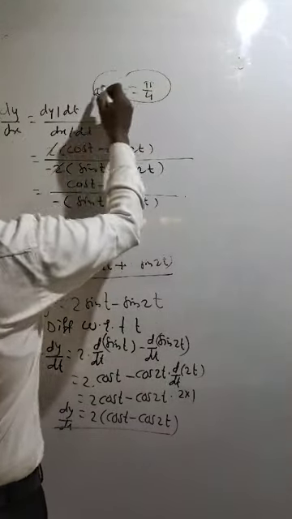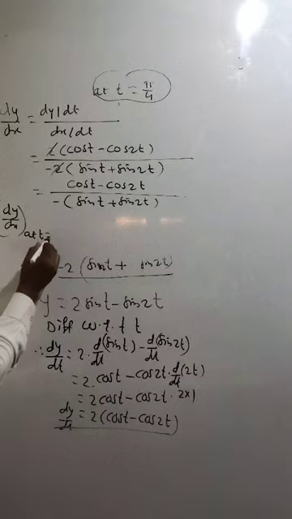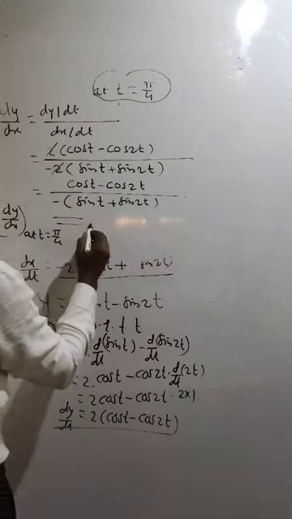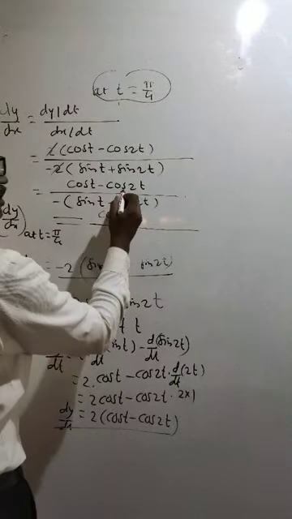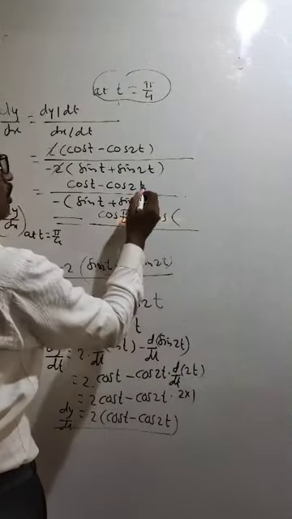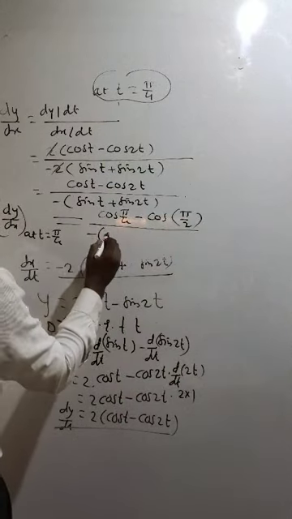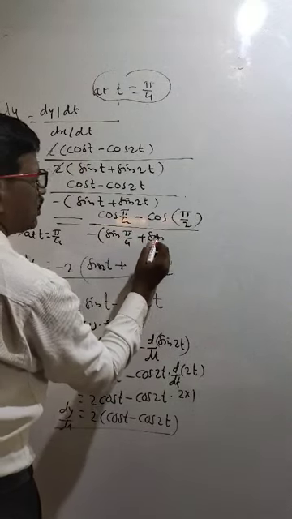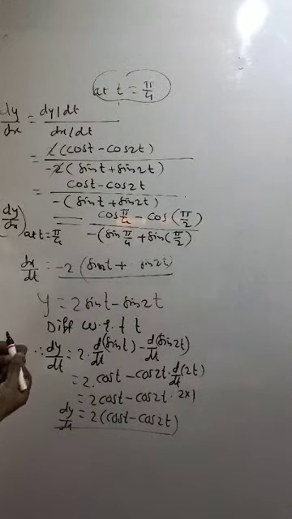Now we have to find dy by dx at t equal to pi by 4. Therefore dy by dx at t equal to pi by 4 equal to, put t equal to pi by 4, cos pi by 4 minus cos of 2 into pi by 4, pi by 2, upon minus sin pi by 4 plus sin of 2 into pi by 4, pi by 2, equal to